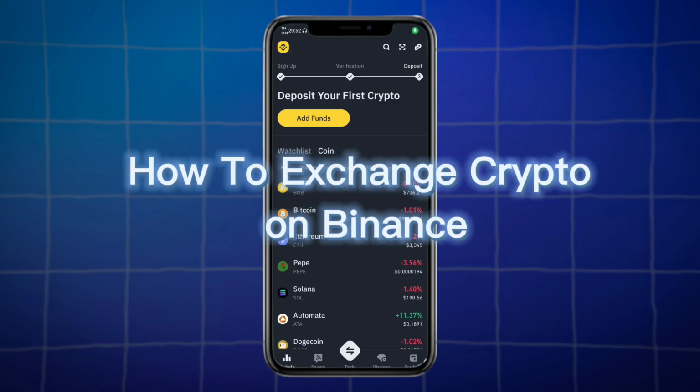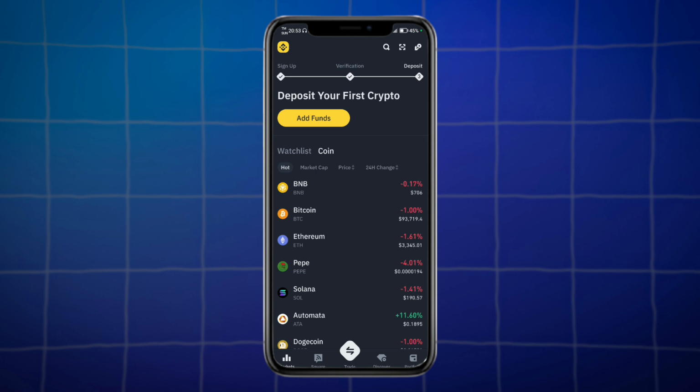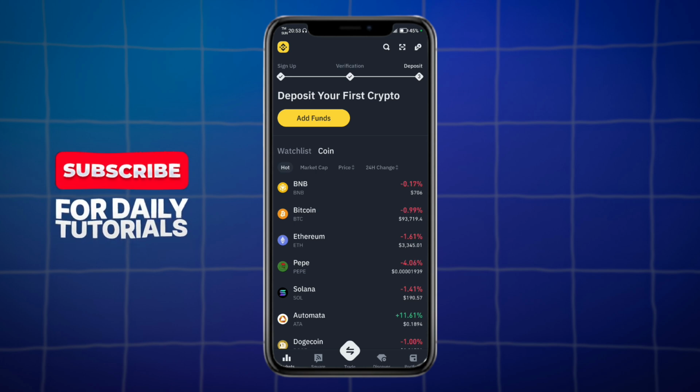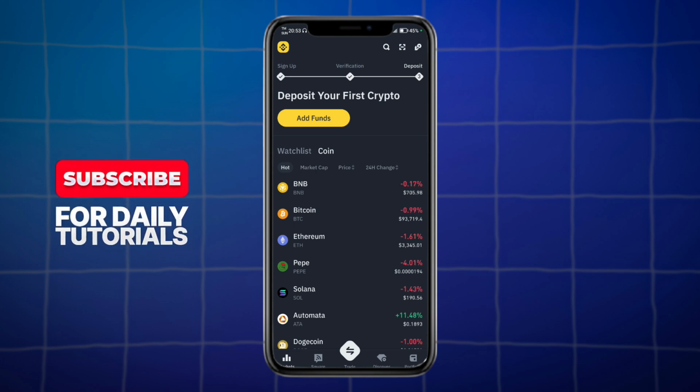Do you want to know how to exchange crypto on Binance? Well, it's really easy and I will teach you how to do that. So in order to do this, we can head over right here onto our homepage